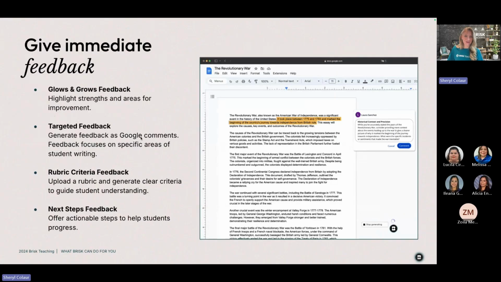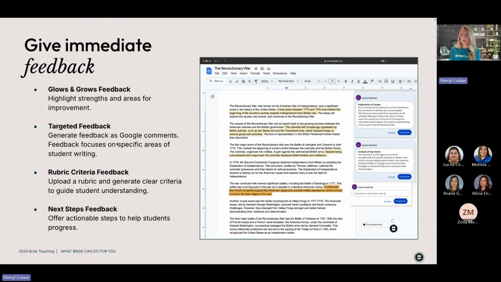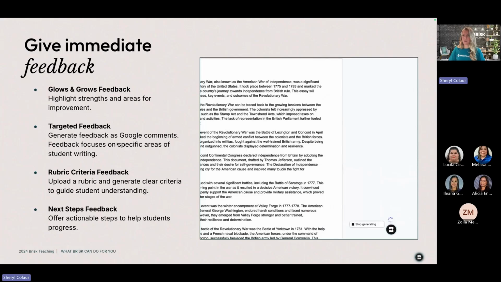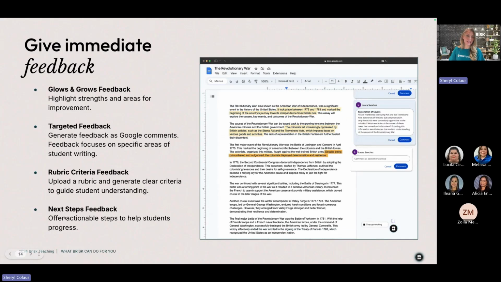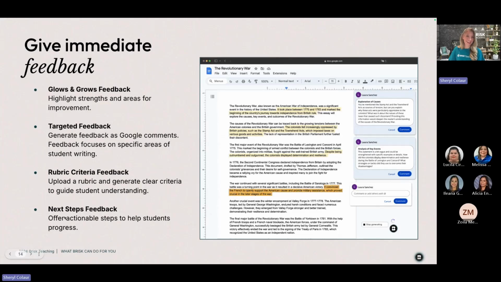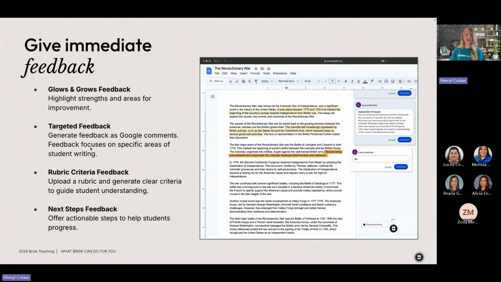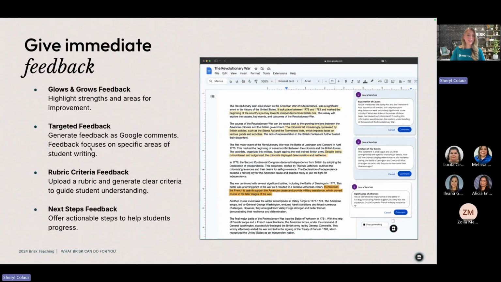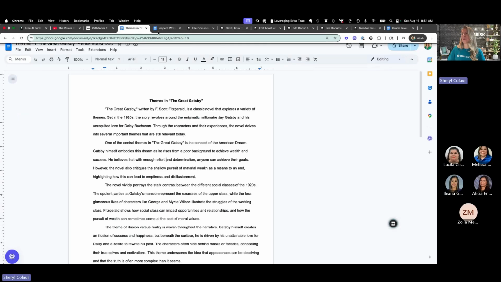Immediate feedback. So for the essay question that came up, we absolutely have the ability to give immediate feedback. You're going to be able to do glows and grows, rubric criteria, and next steps on the free version. And it's immediate, and then you can just tack it in as a table on that student's essay. Targeted feedback is going to be behind the paywall. So just a heads up there, it is something that is available, but that is one of the more premium